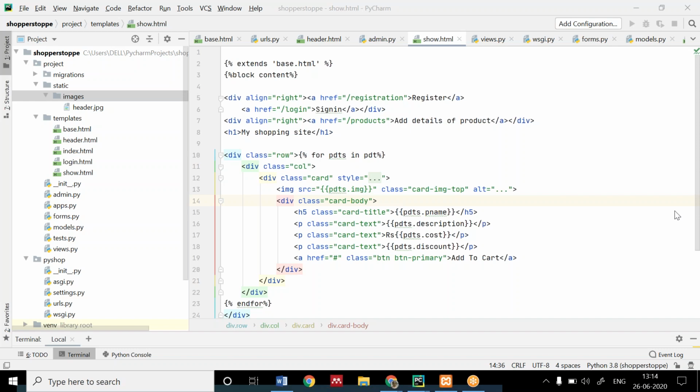Okay, Kamaldeep has done it. Are you able to see the contents in the table?